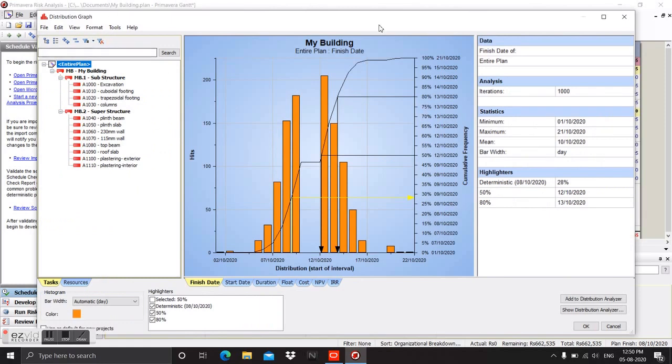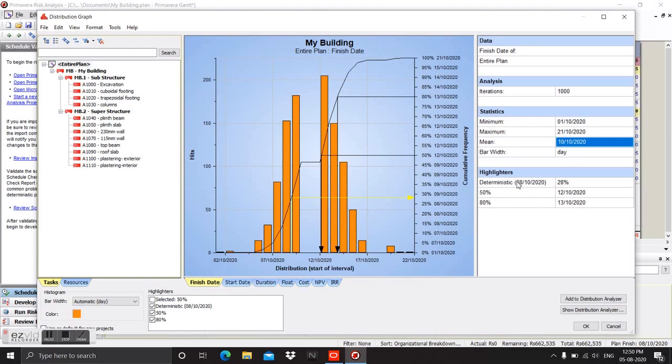So this is the distribution graph which we obtained, and here you can see the statistics on the right hand side. The minimum time which the project will take to complete is this date, the maximum it can take is this, and the mean time, which is the average time, is this.